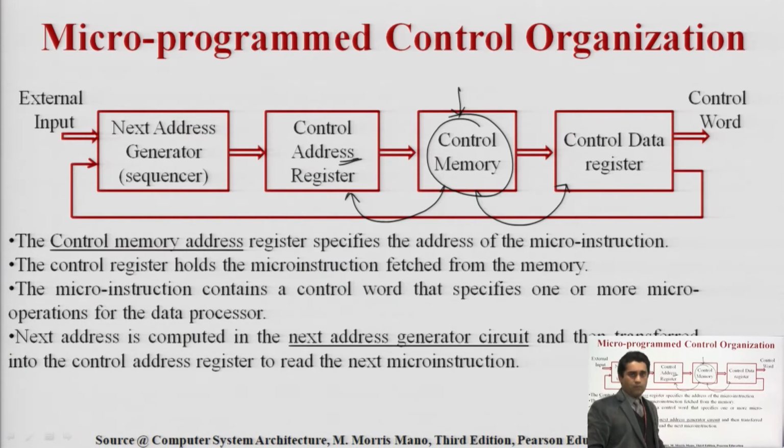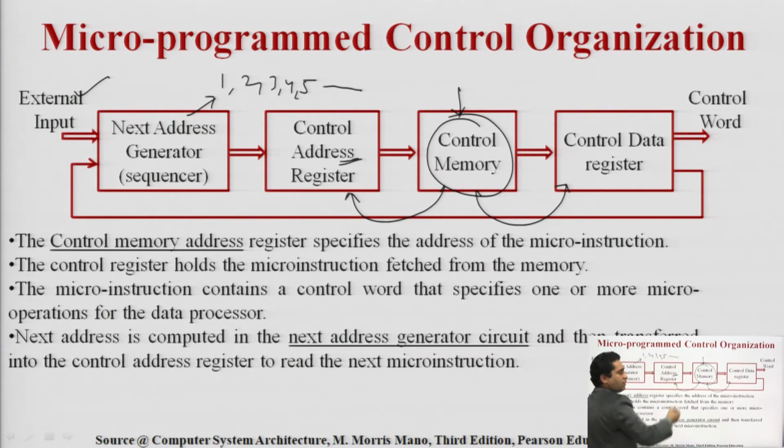Take an example. If an instruction is coming from the CPU, as mentioned here, this external input means the data we are receiving from the CPU, and then this control unit takes this instruction, then checks how many further instructions are there. Like we have an array, which is generally represented by the first address, and then the subsequent elements can be fetched. In the same manner, the first address is generated here, and on behalf of this the next one, the next, and if there are say 5 instructions, it will complete the task in 5 instructions.